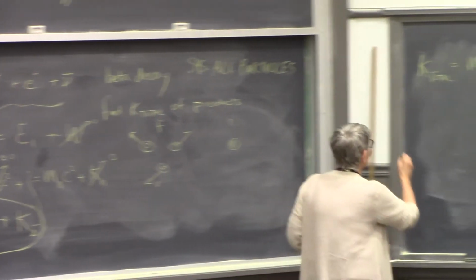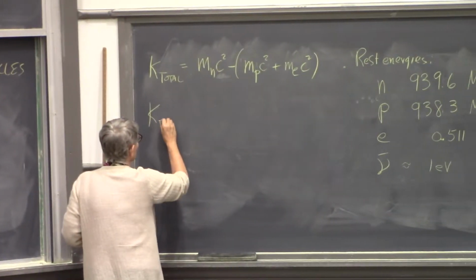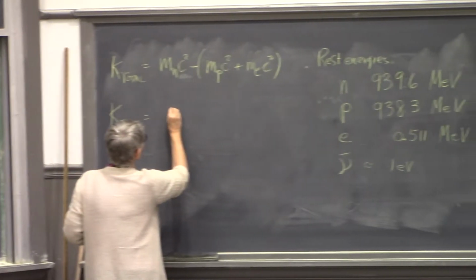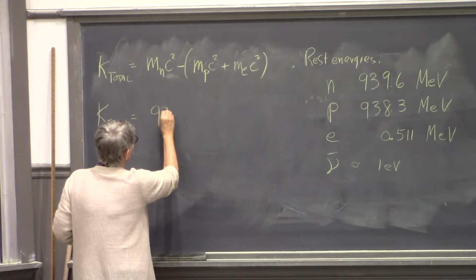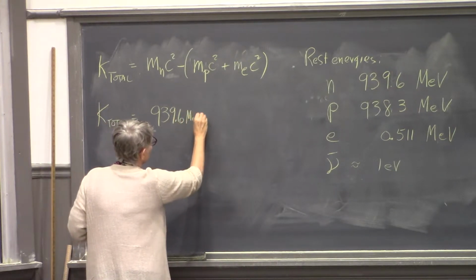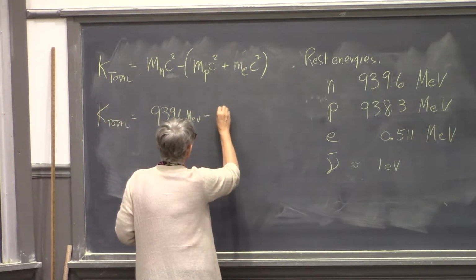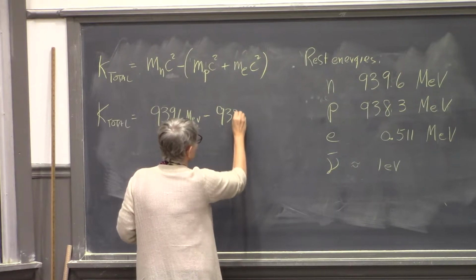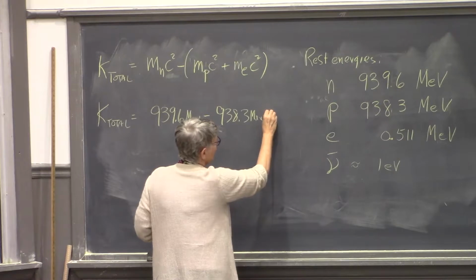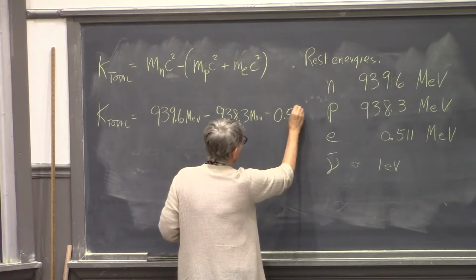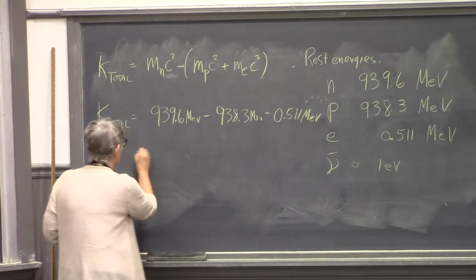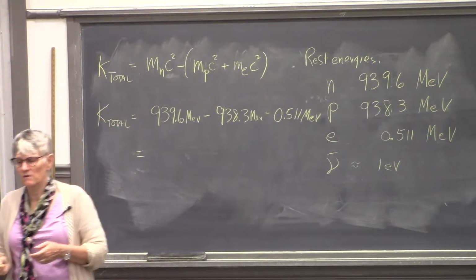And so we have the total kinetic energy of all the products is 939.6 MeV minus 938.3 MeV minus 0.511 MeV, which comes out to